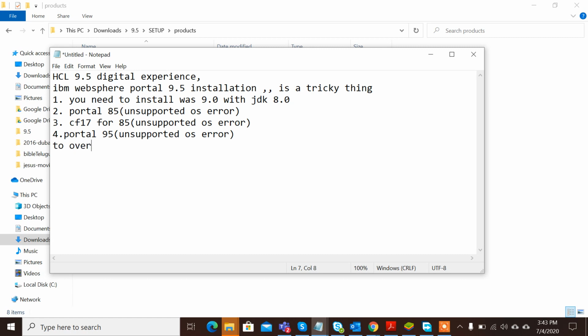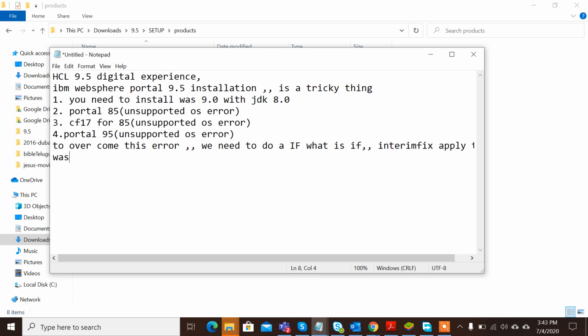To overcome this error, we need to apply an IF. What is IF? IF is an interim fix. We should apply the interim fix to WAS 9.0.